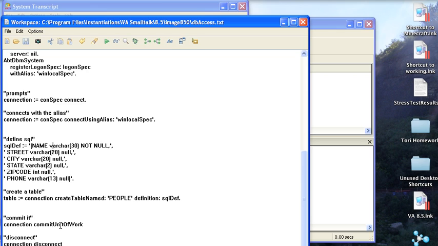Now the commit unit of work will be analogous for anything you're doing with the database if you're doing an insert or an update. And in future screencasts we'll get into inserting data into databases, updating data, querying data out, and binding it to objects. We'll get into that in the future, but for now